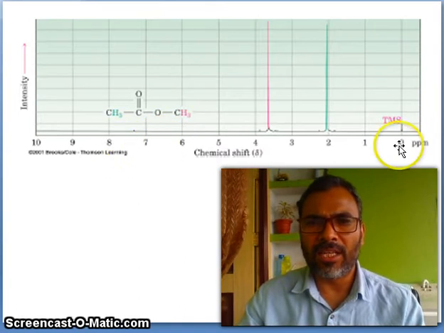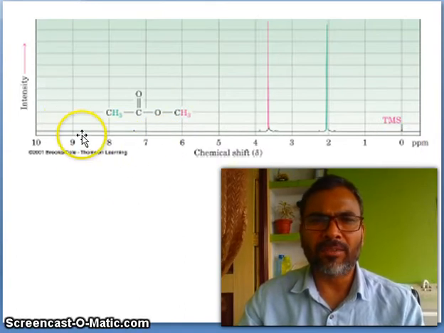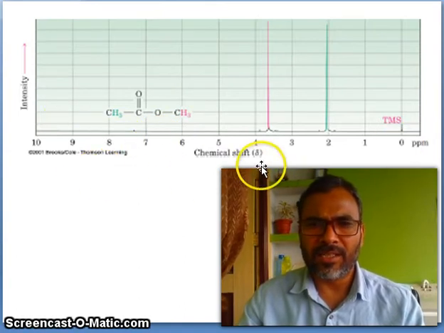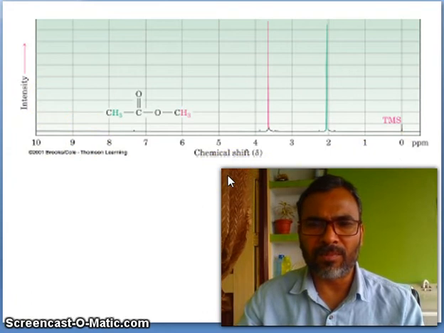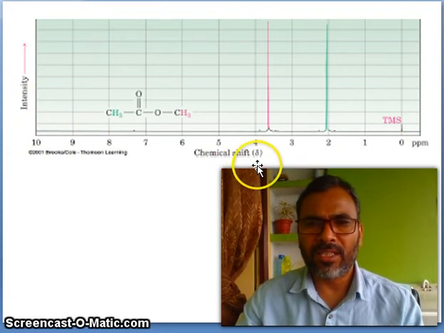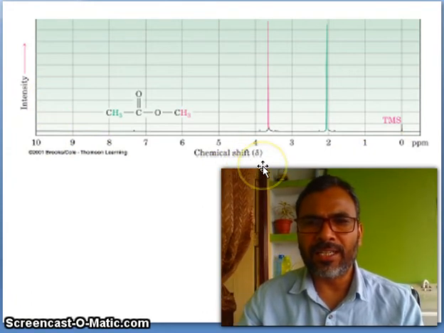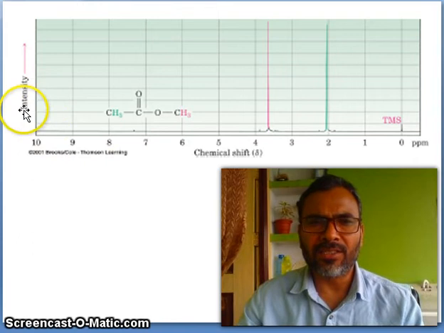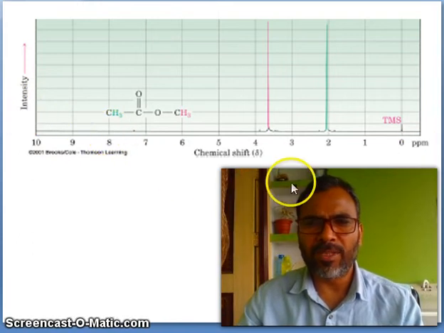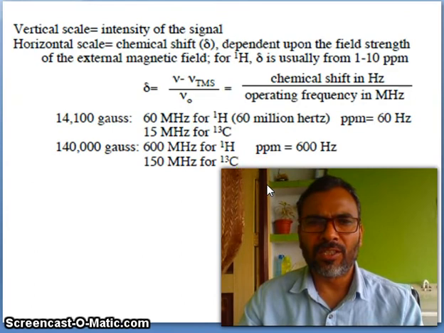You have the x-axis and you have the y-axis. The x-axis in NMR spectra is the chemical shift, denoted by delta, in ppm units, and the y-axis is intensity. So vertical scale, intensity of the signal,